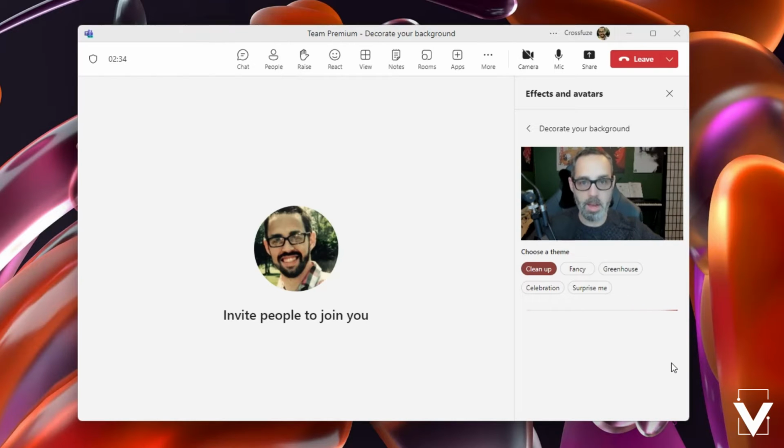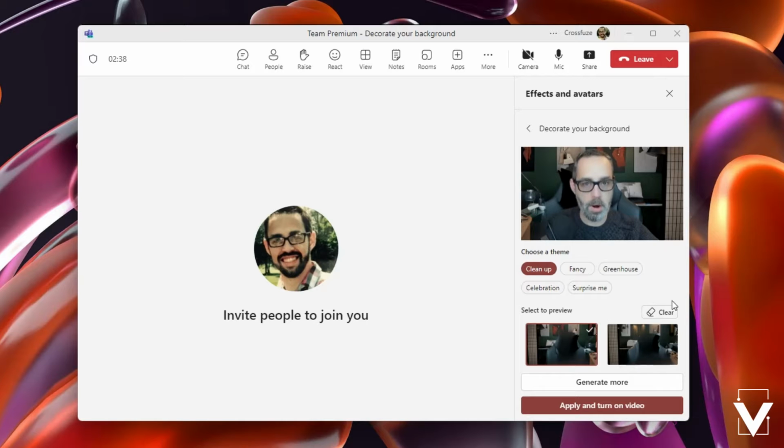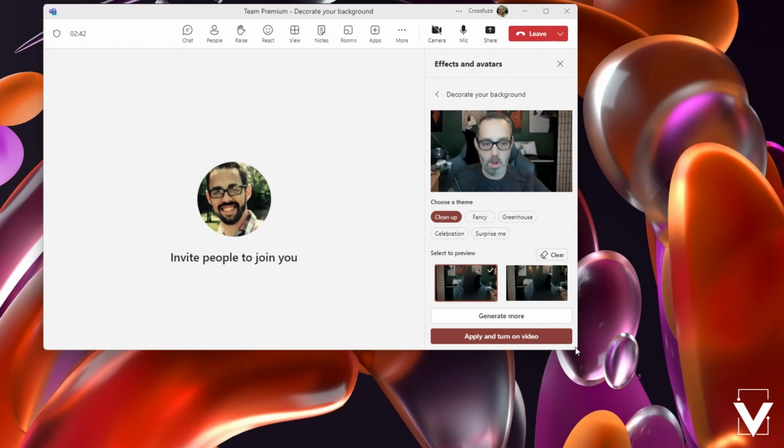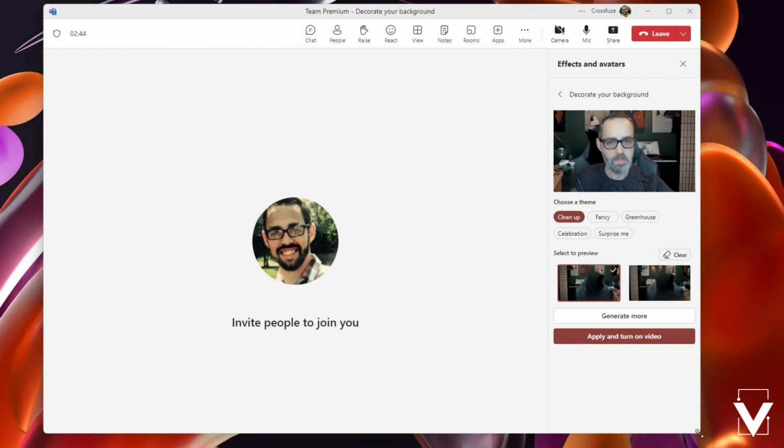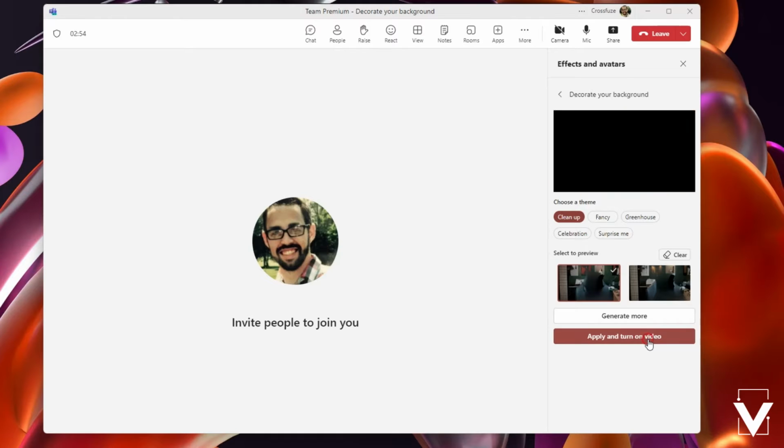While the AI works its magic here, you'll see a little bit of a loading bar, and then you'll see some very slight changes. I'm going to enlarge the window a little bit here. It didn't actually enlarge this window, but you can see previews of what that cleanup option looks like, and you'll get a couple of different ones to choose from. If you look really closely when I apply the video,